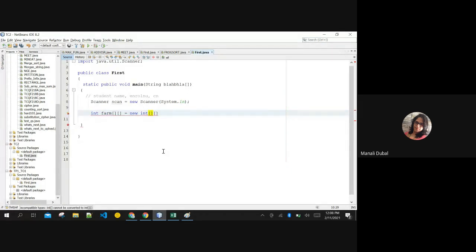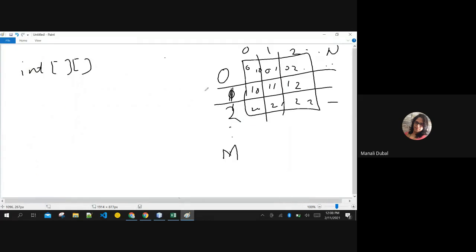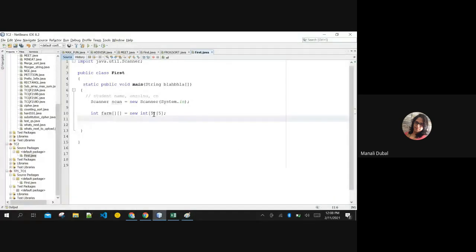Here you have to mention how many rows you want and how many columns you want. First is rows, second is columns. Usually we index rows by i and columns by j. As it is 5 cross 5, it's going to be a square matrix, just like this 3, 3. Now, let me just reduce the size to 3, 3. It will be easy for us to input also. You have declared the array. Array creation done.